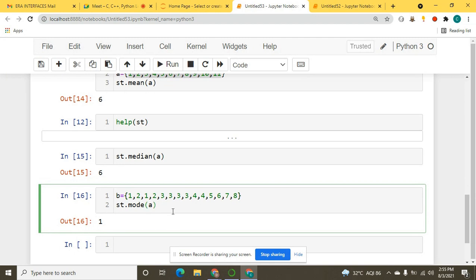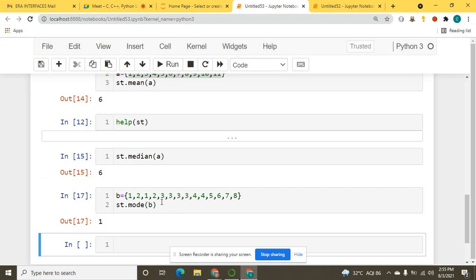Now if I want to find the mode of this data, it is not picking. So let me change it. 1 is 2 times, 2 is 2 times, 3 is 4 times.